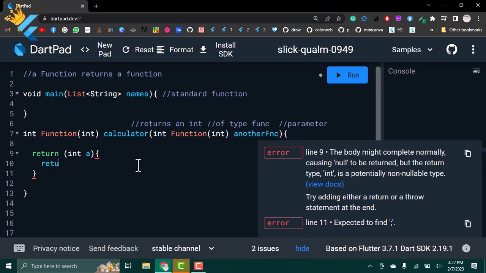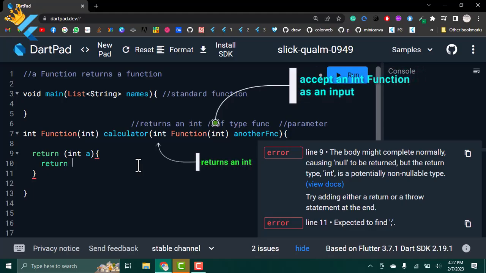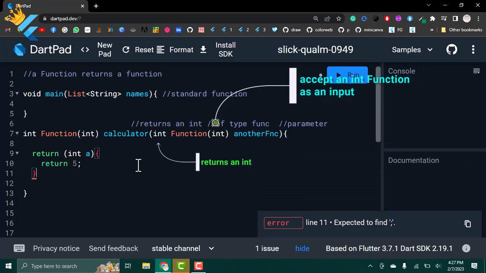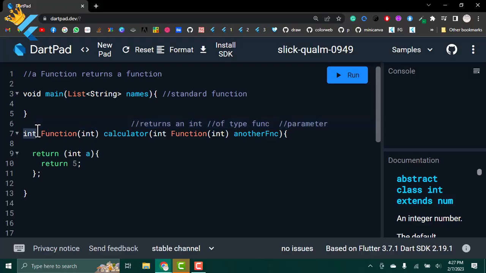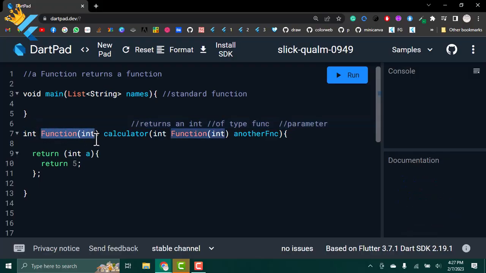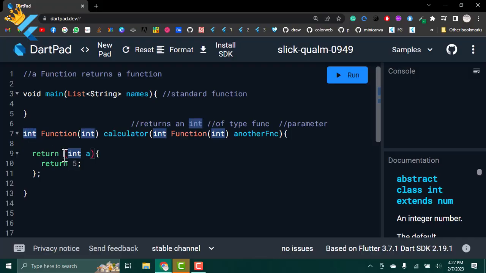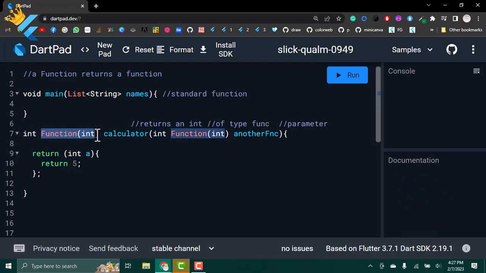However, in this case, the return function from calculator is a closure that always returns the value 5, regardless of the input. This closure takes an integer as an input, but it does not make use of the input value. As you can see here,